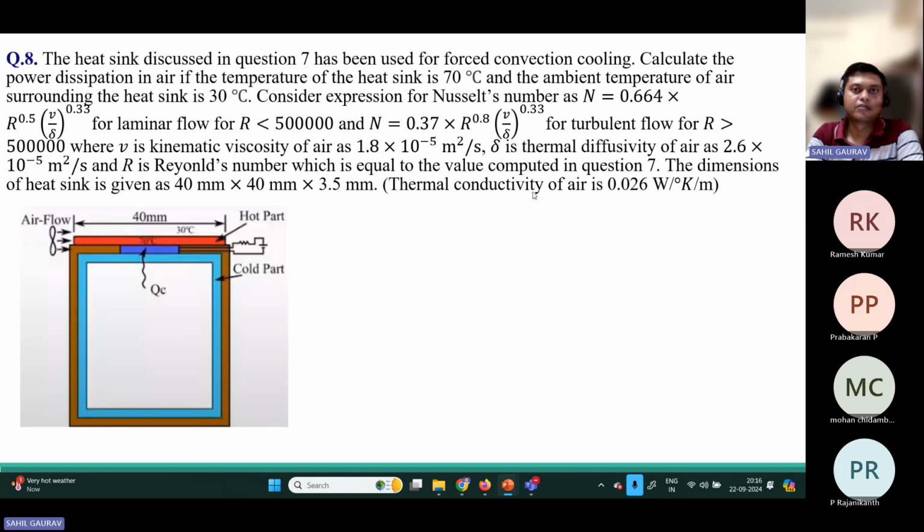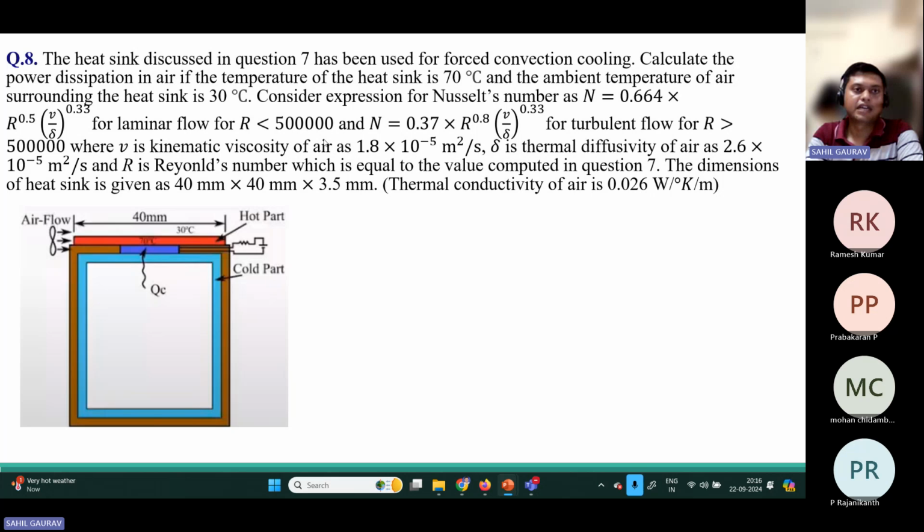Consider the expression for Nusselt number as Nu equal to 0.664 into Re to the power 0.5 into v upon del to the power 0.33 for laminar flow, that is for Reynolds number below 5 lakh. And for turbulent flow, that is for Reynolds number greater than 5 lakhs, Nu is 0.37 into Re to the power 0.8 into v upon del to the power 0.33,